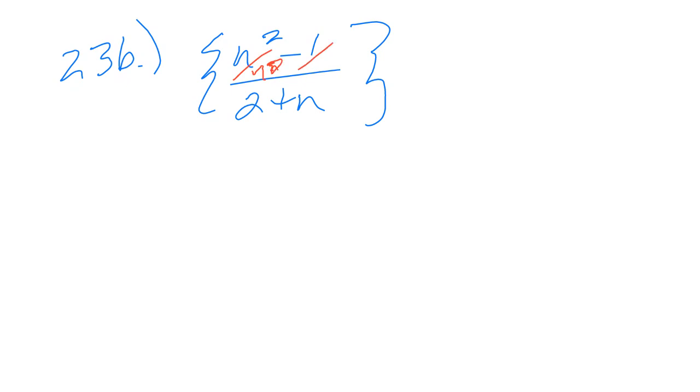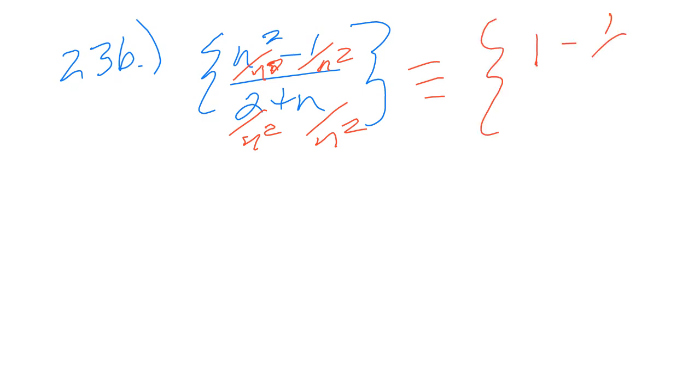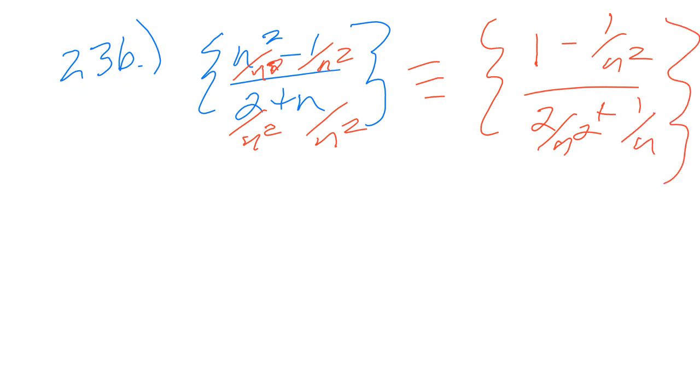That's the biggest power of n, right? So if I do that, this ends up being equivalent to n² times 1 minus 1/n². And then on the bottom, I've got 2/n², and then plus n/n², which is like 1/n. I can cancel out an n on top and bottom there. So anyway, if I take the limit here as n goes to infinity,